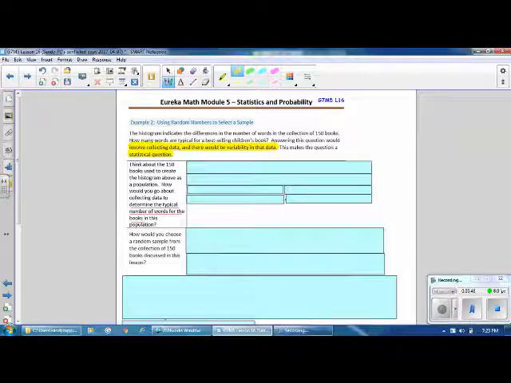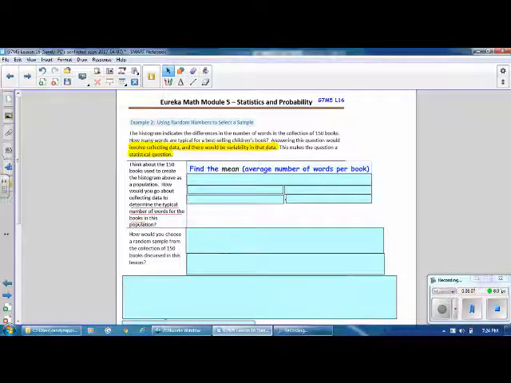That's what makes it a statistical question. Think about the 150 books used to create the histogram above as a population. How would you go about collecting data to determine the typical number of words for the books in this population? You want to find the mean, and that is the average number of words per book. You do that by adding all of the words in all of the books, and then you divide by 150